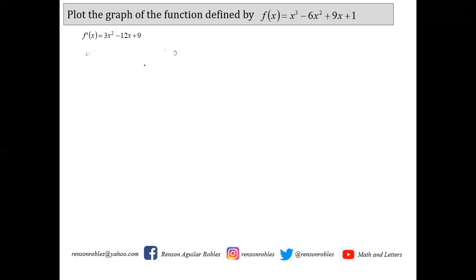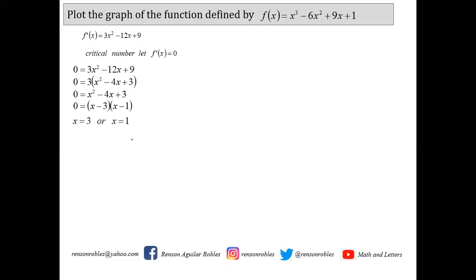So what we are going to do next is to get the critical numbers, and that can be done if we let f prime of x equal 0, because earlier we said that at a relative point you can draw a horizontal tangent, and when you can draw a horizontal tangent, that is where your first derivative is equal to 0. So setting f prime of x equal to 0, you have 0 equals 3x squared minus 12x plus 9, and solving for x, we get x equals 3 and x equals 1.